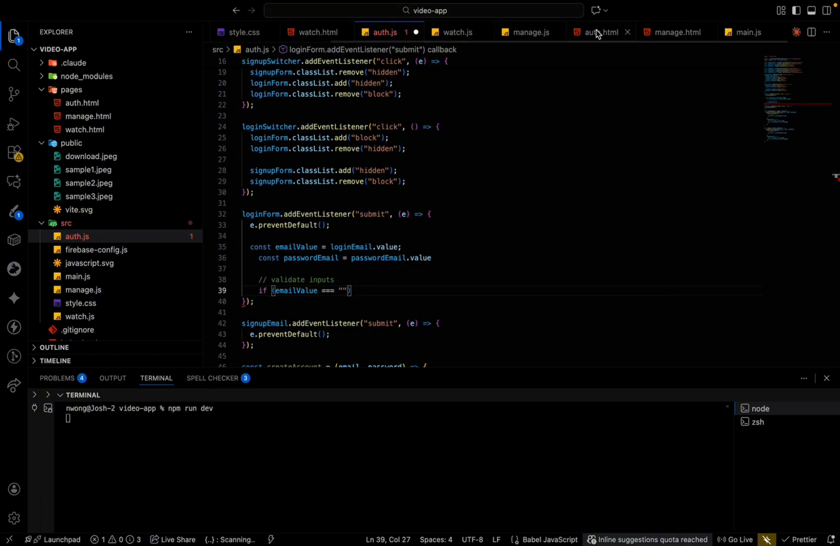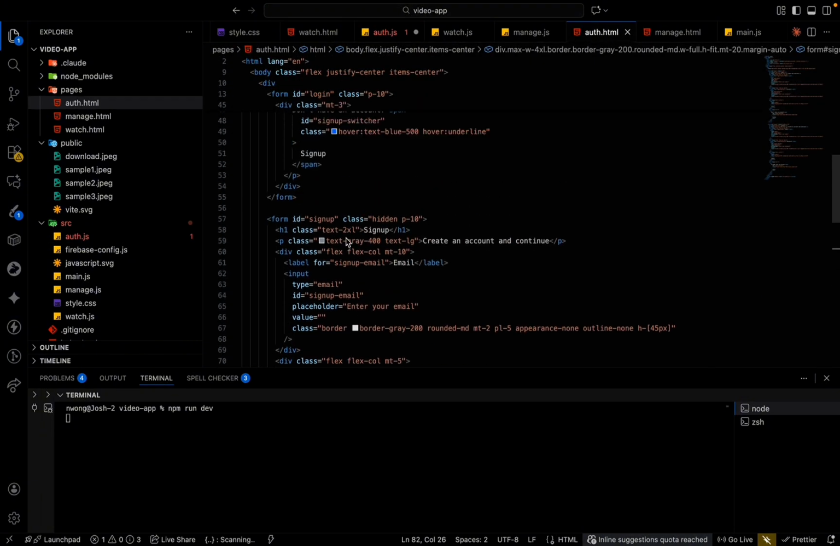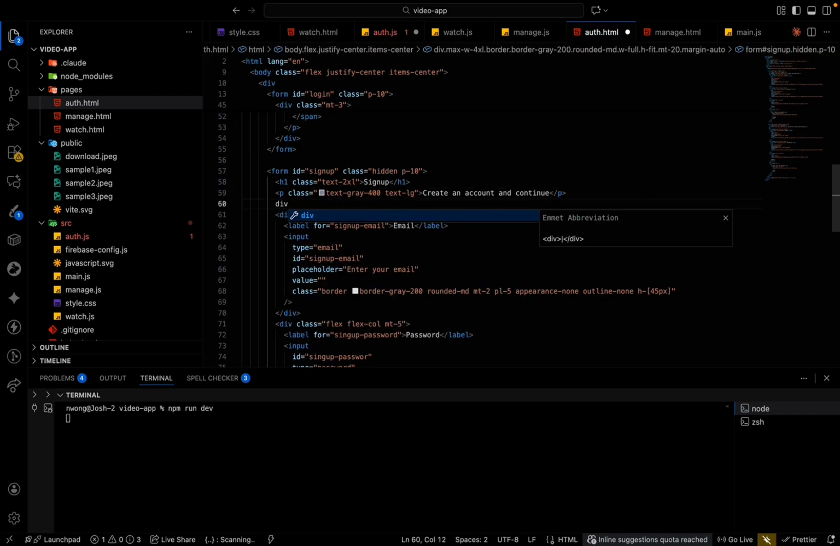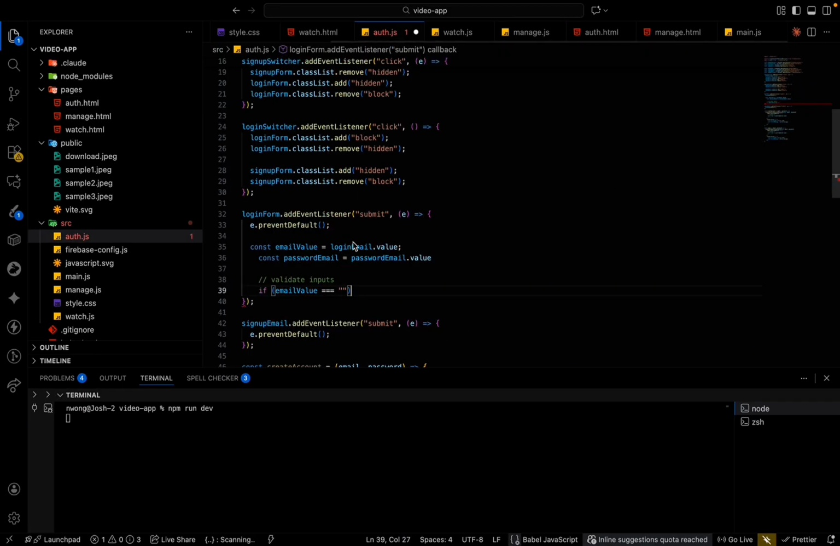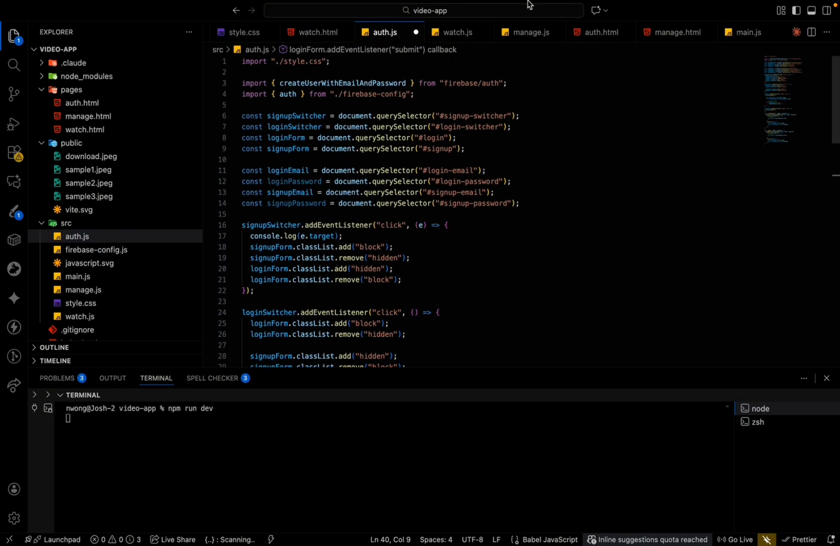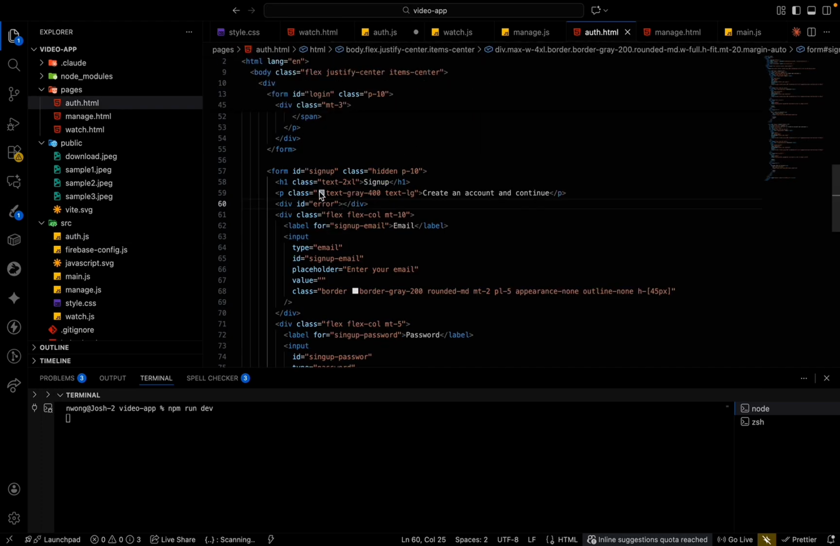So what we are going to do is add an error. We're going to add an error div at the top, and the id is going to be error. So here we're just going to display the error. Now if the email value is empty, we are going to say, so this should be okay, this should be sign up